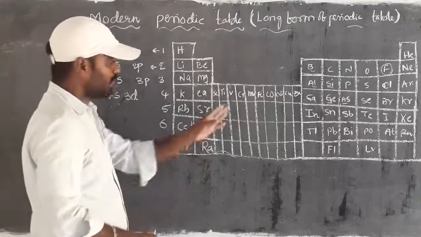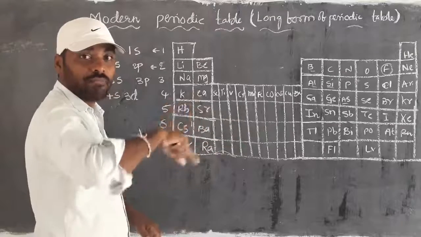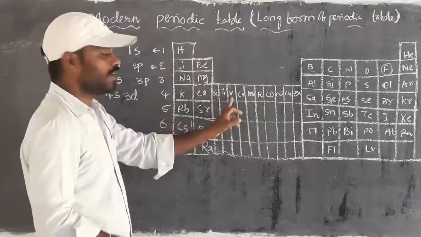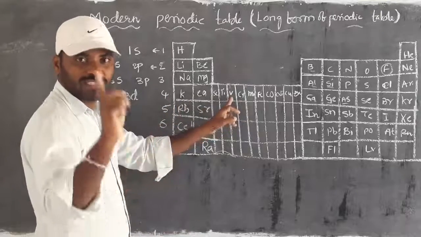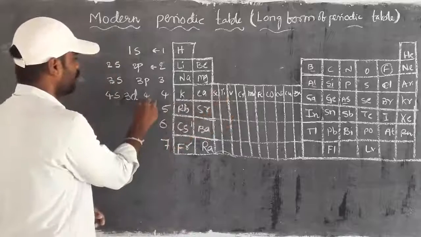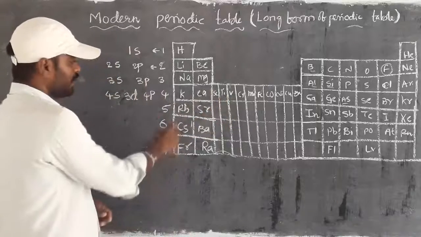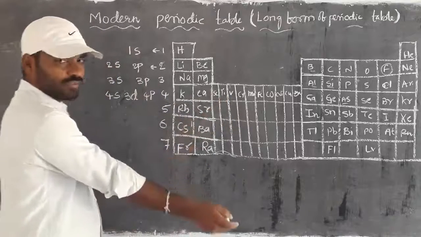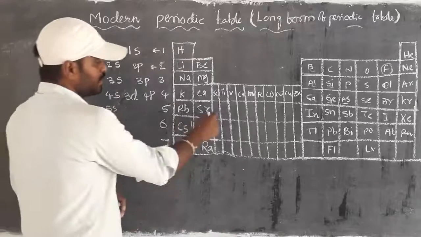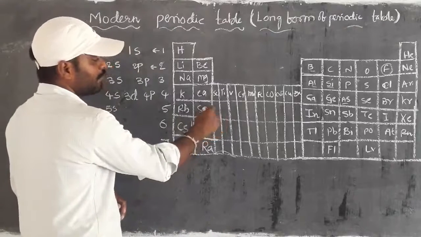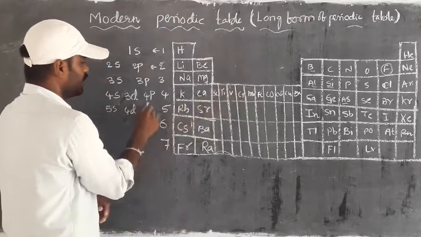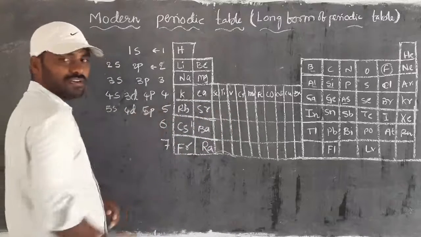Yesterday we discussed that the configuration of the orbital starts from n minus 1. Here you have the n value as 4. Here we get n minus 1, meaning 4 minus 1, 3. For that, this orbital we call 3d, followed by 4p. Then coming to the fifth one, it has 5s, right? Then here we start with 5 minus 1, 4, for that 4d, and it ends with 5p, right?